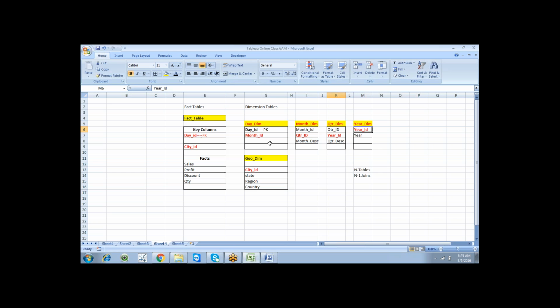If you have two tables, we get a single join. If we have four dimension tables and one fact table, a total of five tables, we get four joins. So if we have n tables, we get n minus 1 joins.